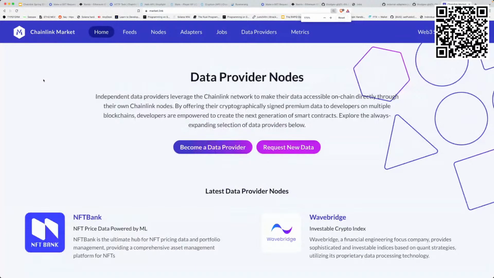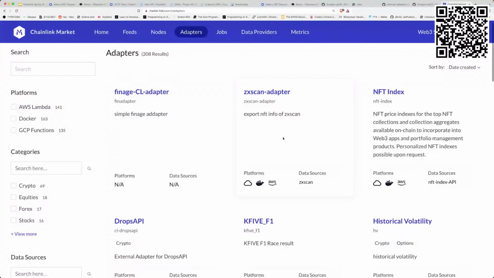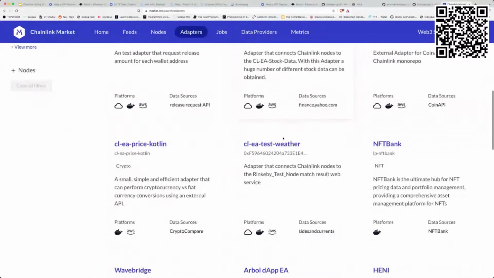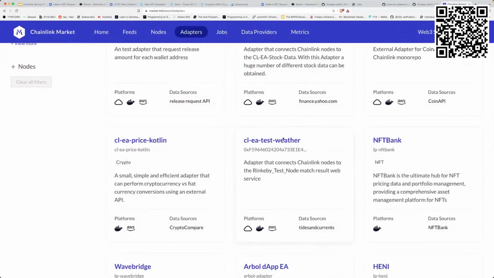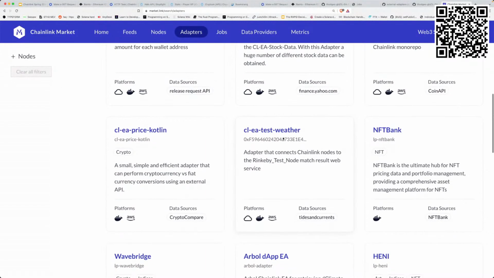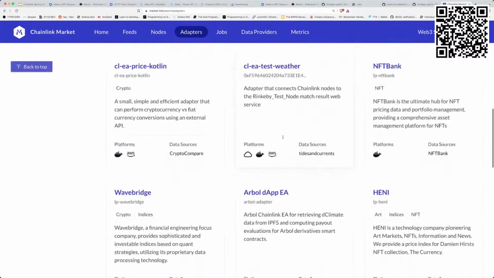If you go to adapters, you can see that a whole bunch of people have published a whole number of adapters that do various things. So you could even check here to see maybe your use case has already been taken care of and someone's created an adapter, right? Or if you create an adapter that you think others might find valuable, you can actually publish it to market.link